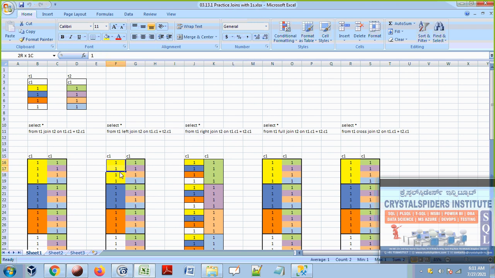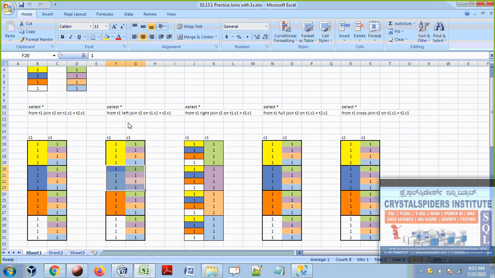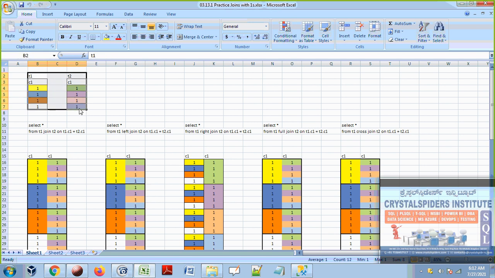The left join will go to the left side table and take record by record. Take the first record and join with all these because it is matching, and then take this record and join with all these. See now here, inner join and left join results are the same. In these two tables it is the same.